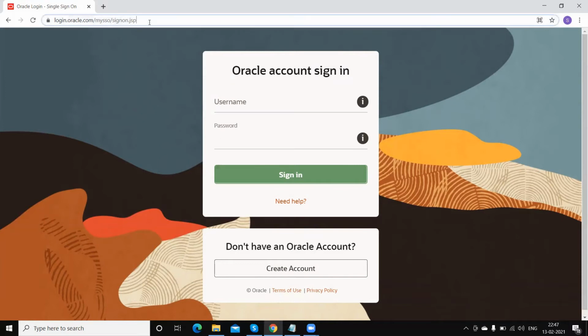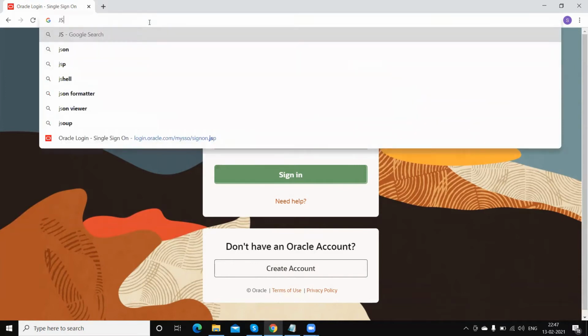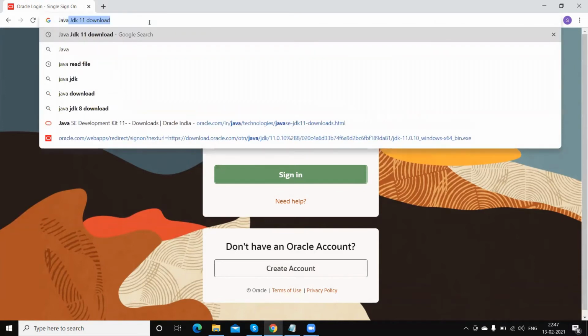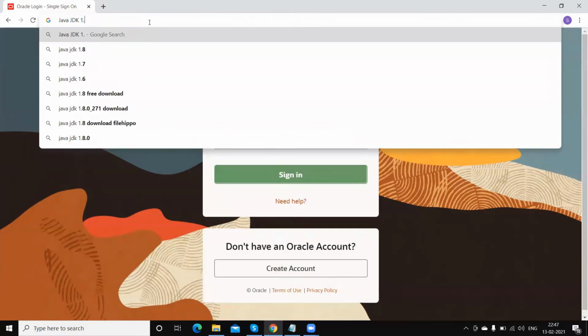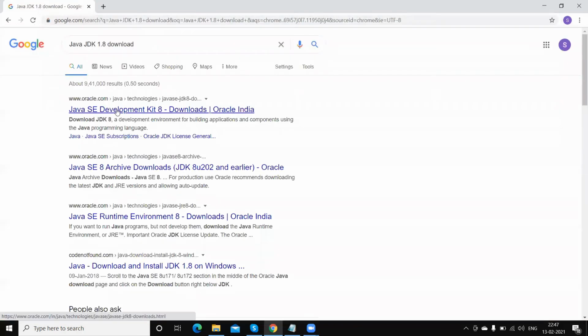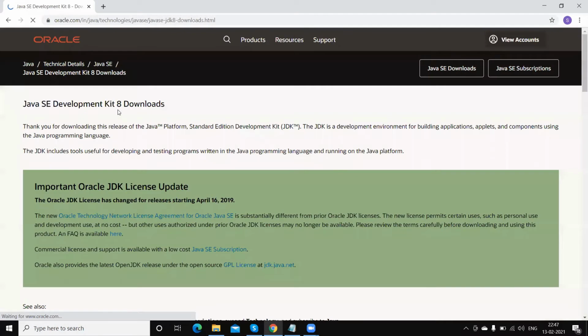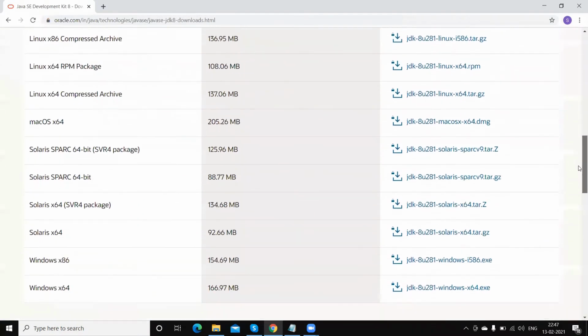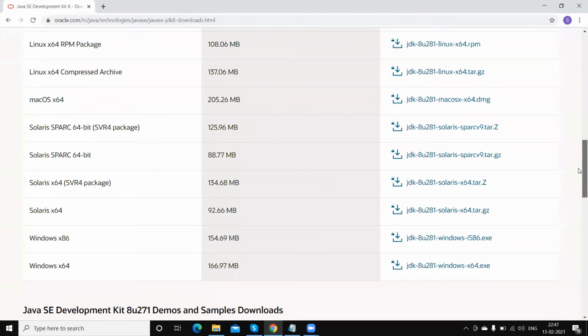Similarly, if you want to download and install another Java version, just search for the corresponding Java version. Like suppose I want to install Java JDK 1.8, right? We need to search this, go to the link, and this will redirect to the Oracle site. Here you will find the details of all the installers of Java 8. You can select the installer you want. Like suppose I want to download the 64-bit installer, we need to click on this.